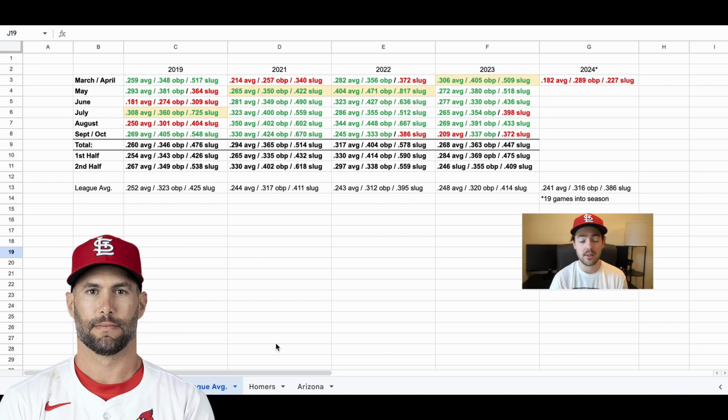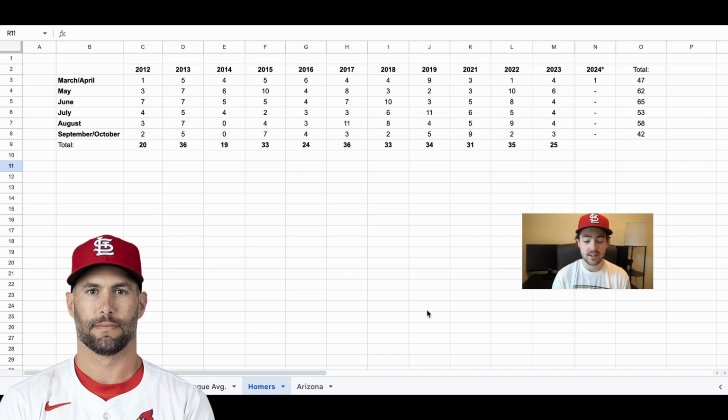And that's another thing that I wanted to draw attention to, to see if Goldschmidt really does get off to slow starts: the homers, the power. As you can see on this graphic here, I've listed out every single home run he's hit in an individual month, his entire career. I didn't include 2011 because that wasn't his first full season. 2012 was. And as you can see, he's hit 47 home runs total, and that's not including the one he's hit this year, but he's hit 47 home runs total in the months of March and April combined,